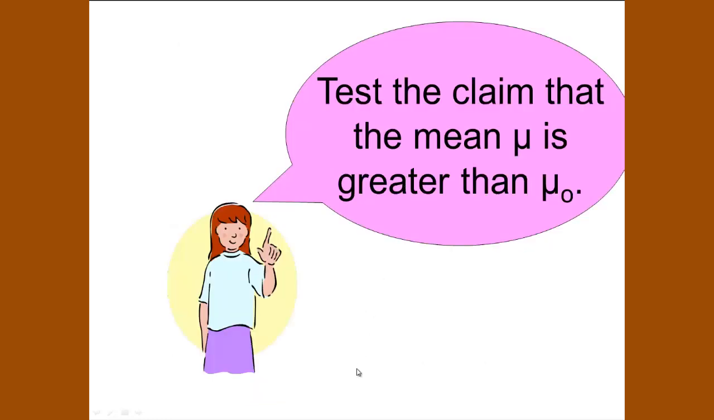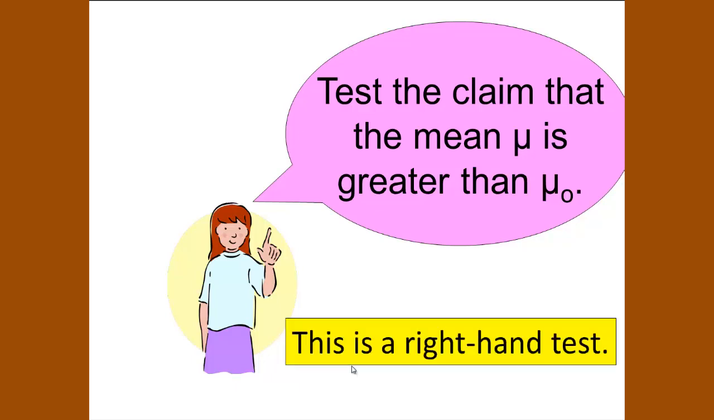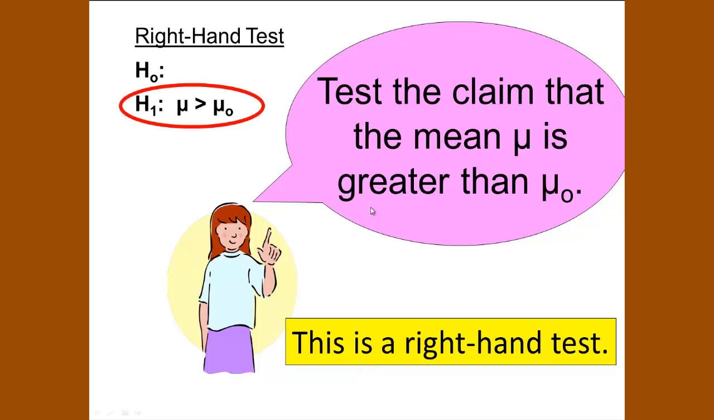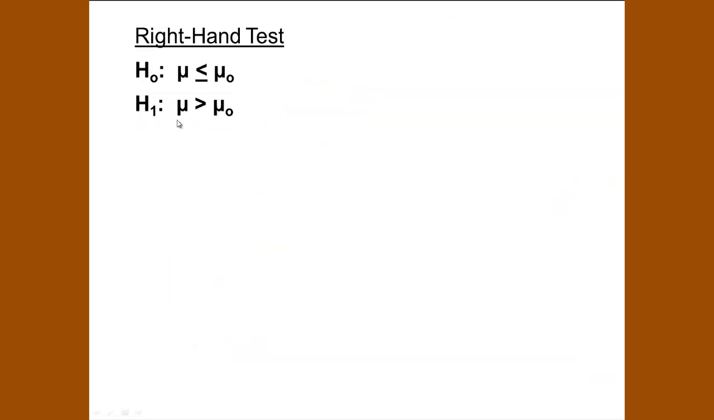Our second scenario is to test the claim that the mean mu is greater than mu sub 0. This is a right-hand test. Greater than does not contain the condition of equality. Therefore, we have mu greater than mu sub 0. Again, remember that mu sub 0 is just a particular number given in the problem. Since mu is greater than mu sub 0,